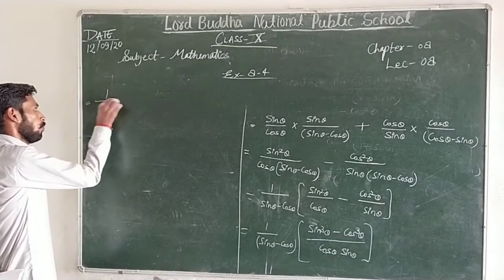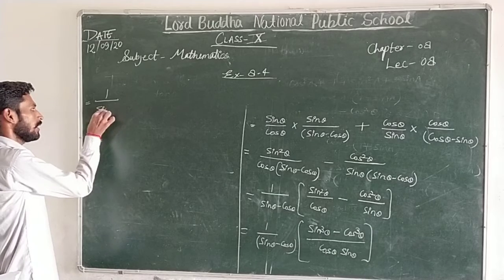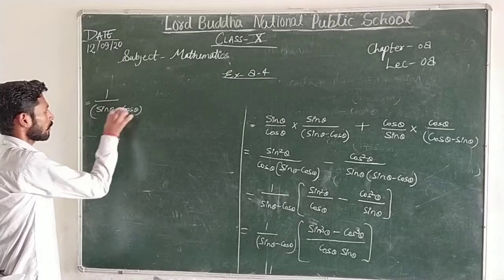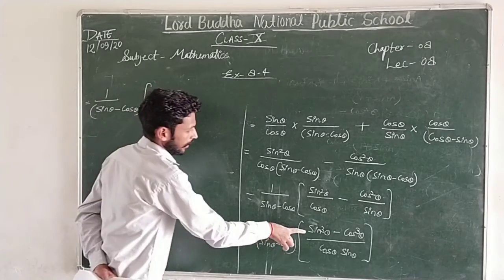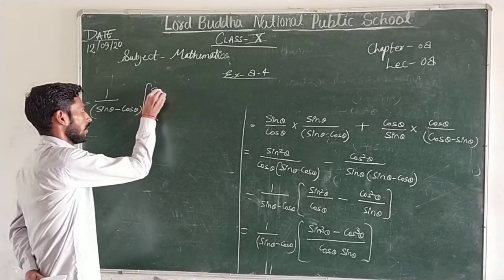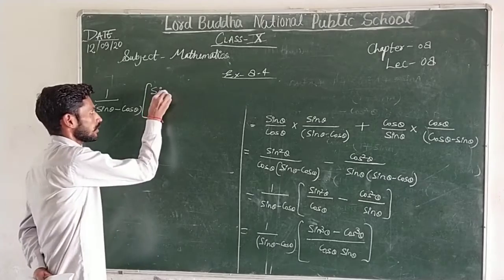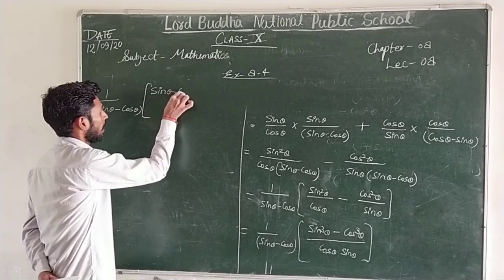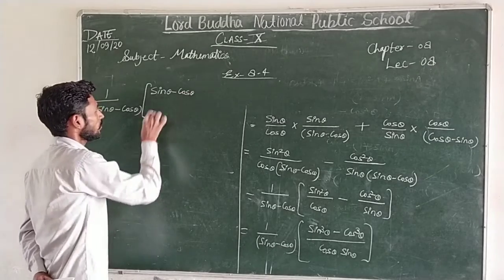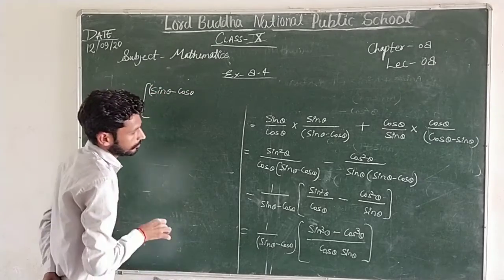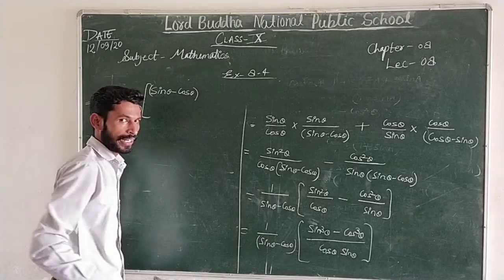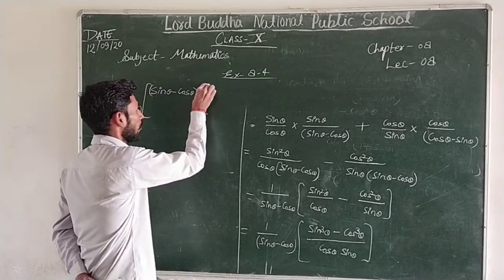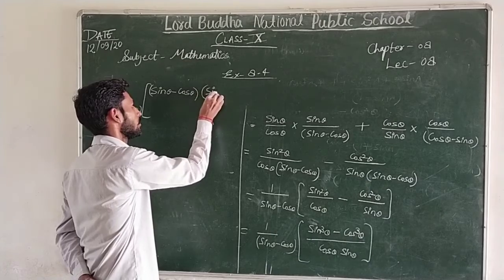So 1 upon sin theta minus cos theta, and in bracket it can be written as sin theta minus cos theta in the first bracket,